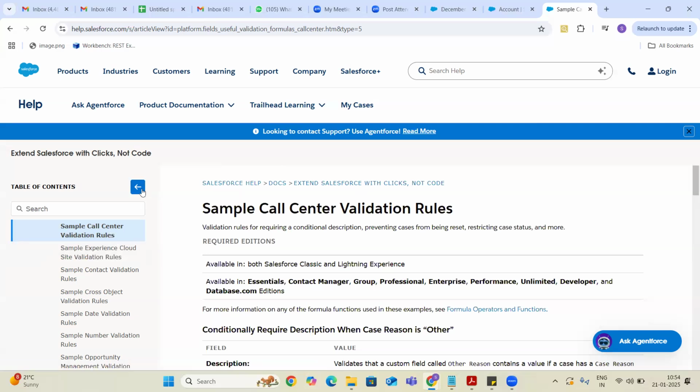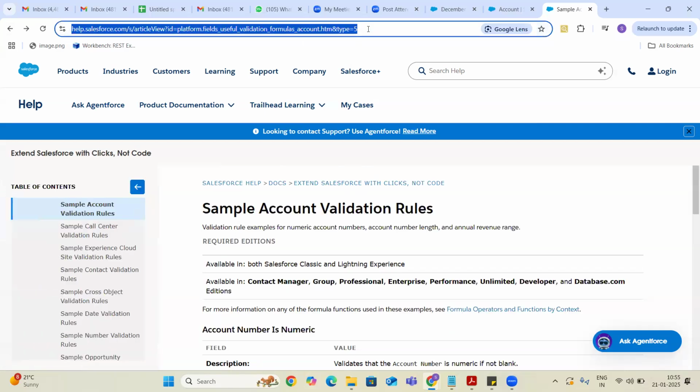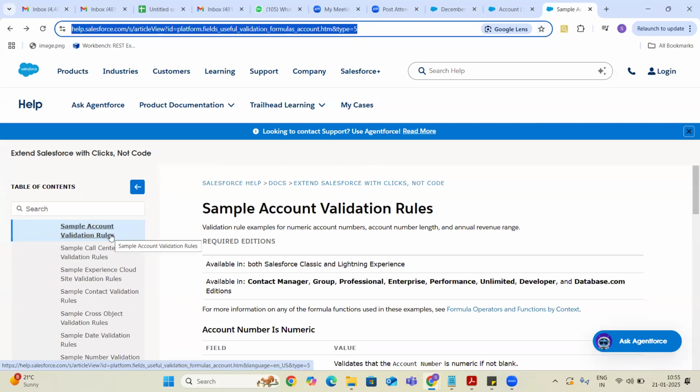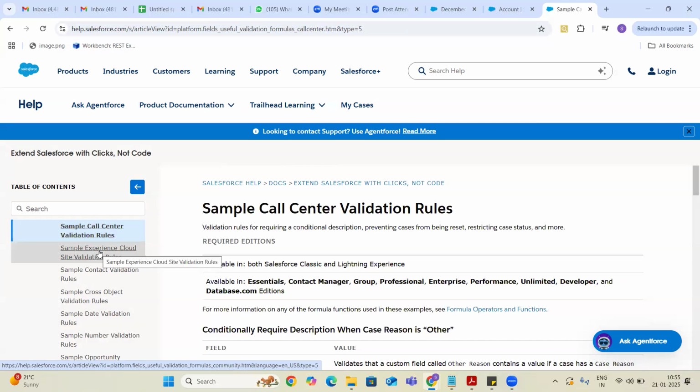A simple account validation rule is something like that; you can just try to implement it on the account object. And call center validation rules are nothing but the validation rules that you can write on the case object. So you can do account object and case object validation rules.